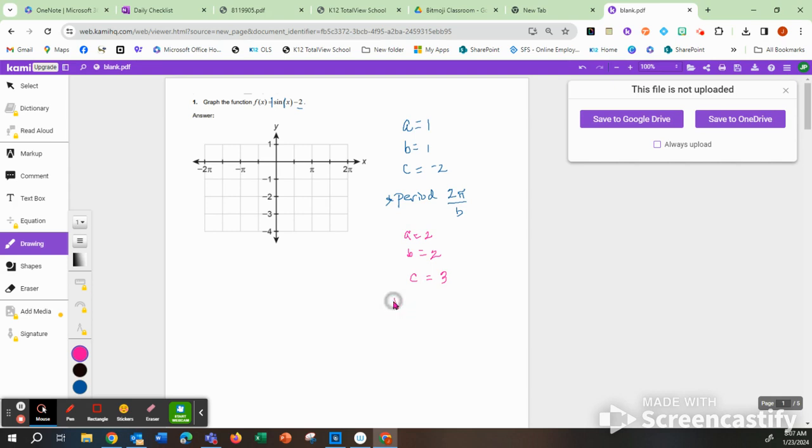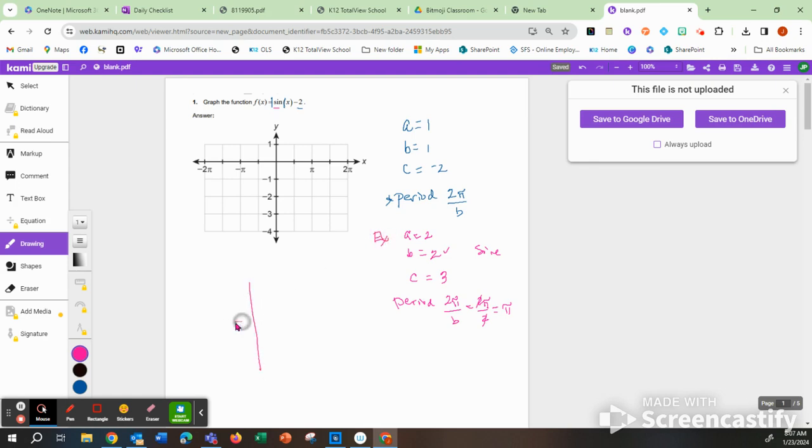So then I'm going to find the period. That's going to be 2 pi over B. Or in this case, since B is 2, that's going to be 2 pi over 2. The 2's will reduce, and my period will be pi. So when I go to graph this, and we'll say this one is sine also, so when I go to graph this example,